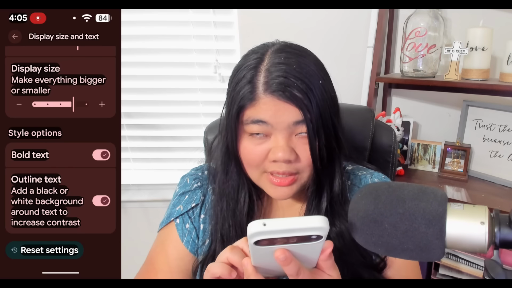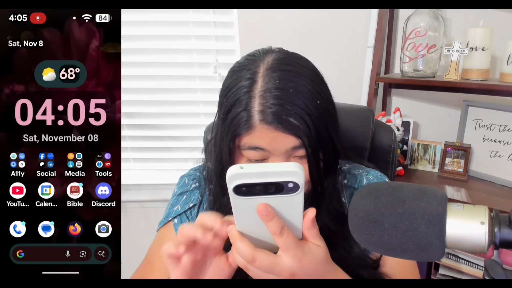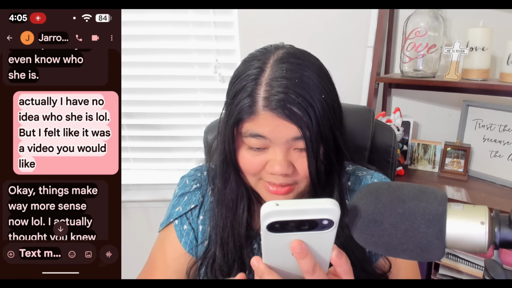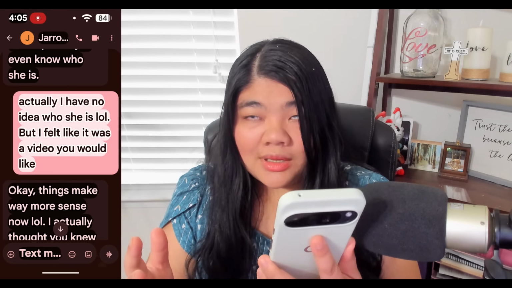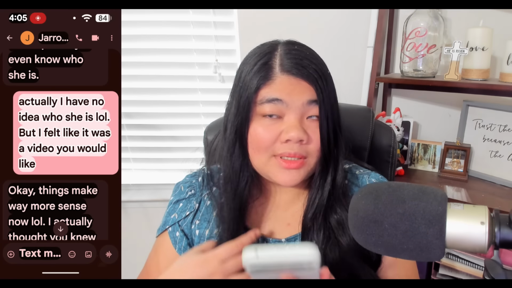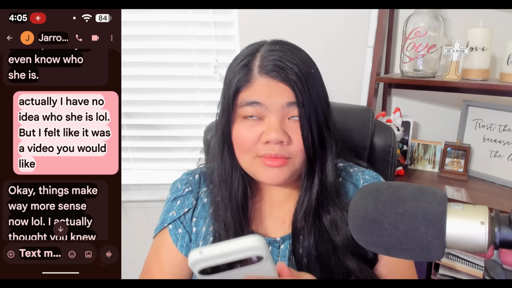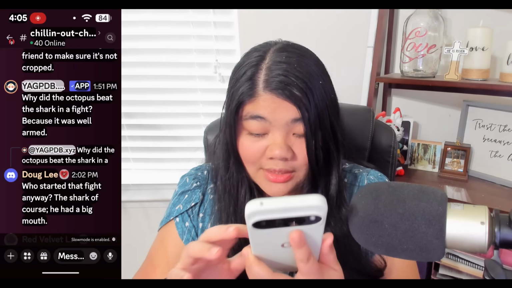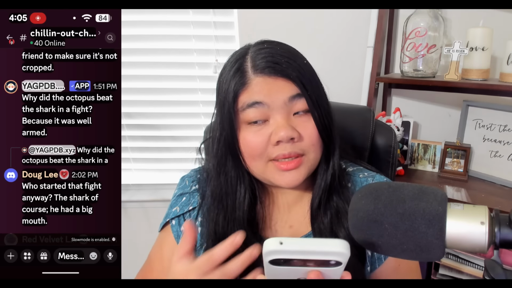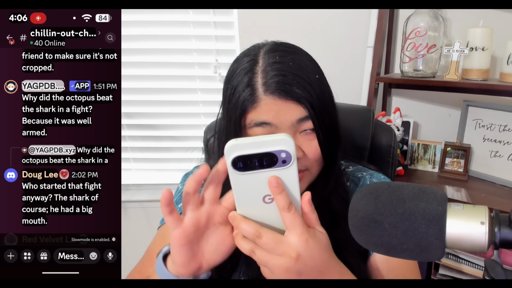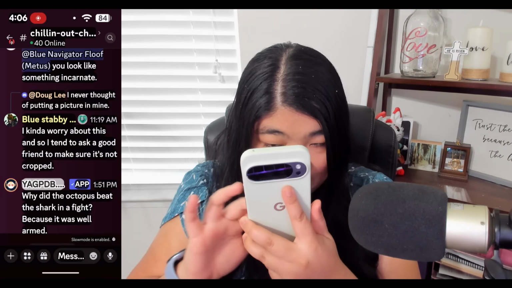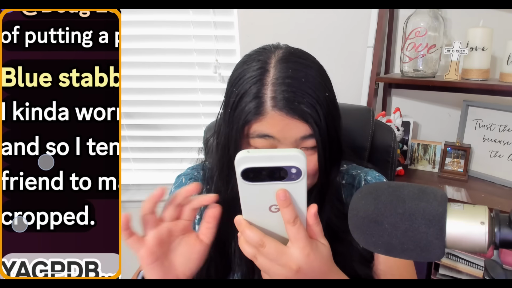I can show you what it looks like in messages. My messages, they have a white background, which I do not like. It makes it incredibly difficult for me to read. I wish it could just always be a darker background. Let's check out Discord. Here we can really see where it tries to keep the color of text. So here is black, stabby,